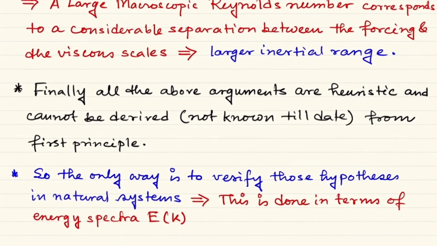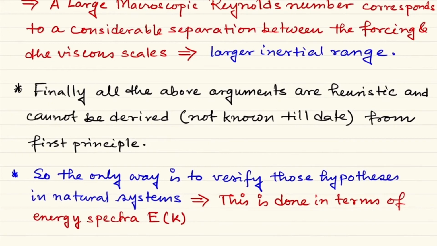However, how can we check that? We have made some hypotheses, and depending on those hypotheses, we have given some quantitative estimations. We can simply verify those in natural systems, and if that works, then we are happy. And that is actually done systematically in terms of a quantity, which is the energy spectrum, E as